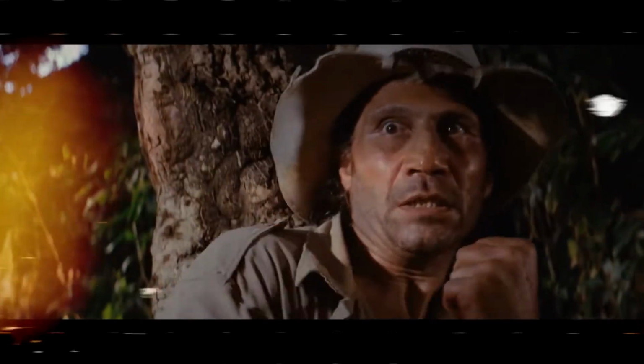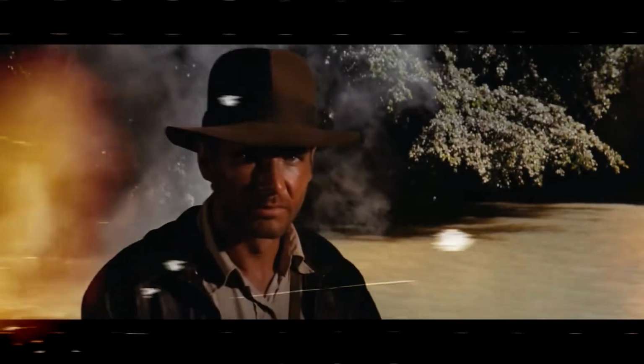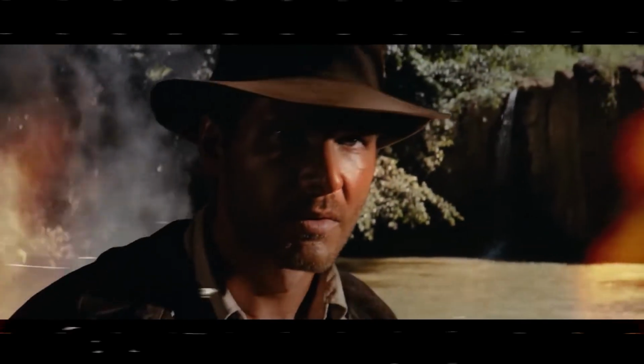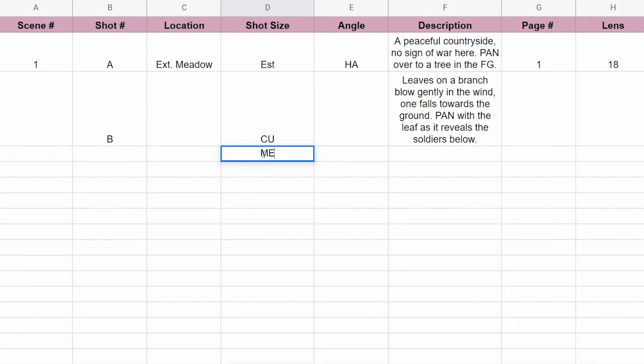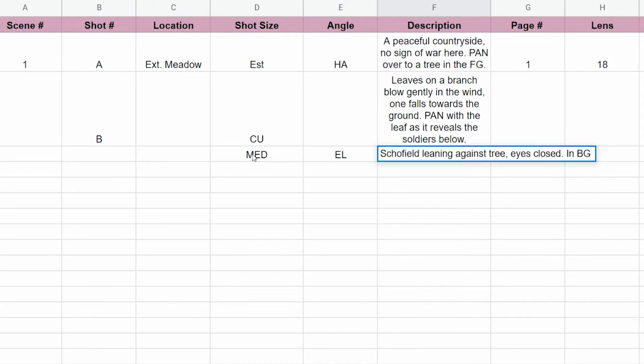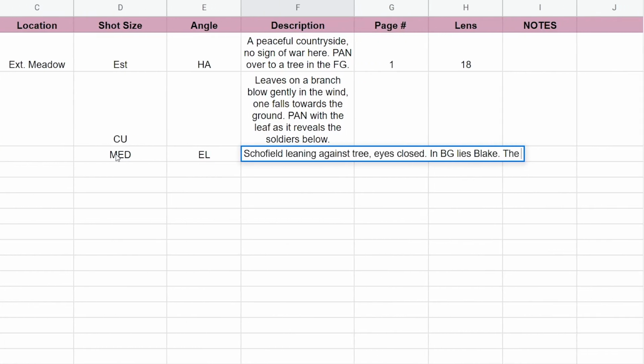The first time you see a character, especially your main characters, is always an important moment in your shot list. You should try to figure out a way to say something about the character and make it impactful in some way. The way it's written, you can tell almost that Schofield is the focus, Blake is in the background. Maybe just a medium shot of Schofield at eye level, Schofield leaning against tree. In background lies Blake, the leaf